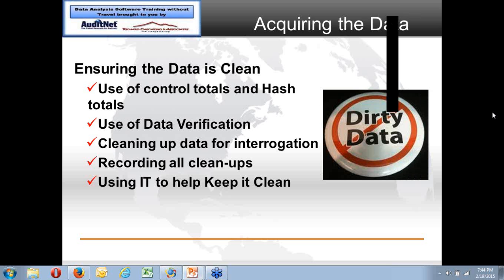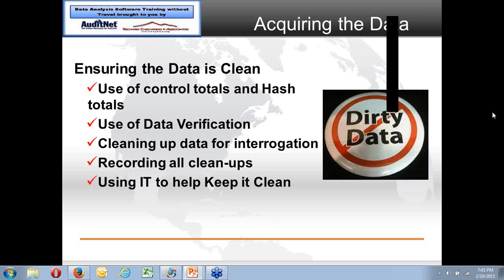You've got the data. Question, how much garbage is in there? Is it the data that you wanted to look at? We can use control totals, we can use hash totals. Hash total is simply a total of a field that doesn't make any sense to total. So I can add up customer numbers. Now the total doesn't mean anything, but if I add them up on the originating system, and then I add them up on the file I've received, and those two match, it tells me that I've got all of it and I've got them correct.